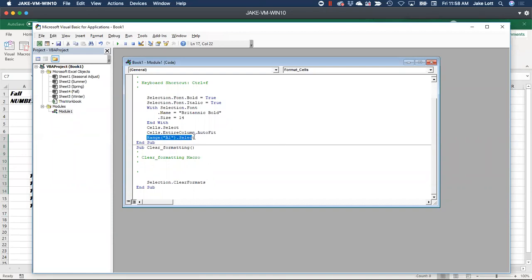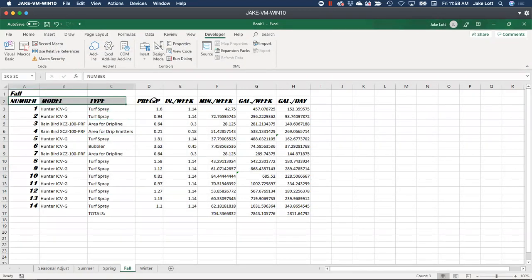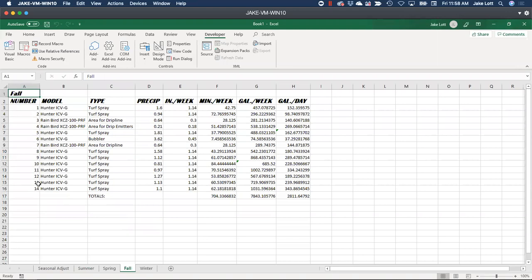And I can even copy from this macro. There we go. So now if I were to select, let's just say this stuff, and go to my macros and run it, it then clears that out. It's almost like an undo, but it does help just wipe out whatever you were doing there.